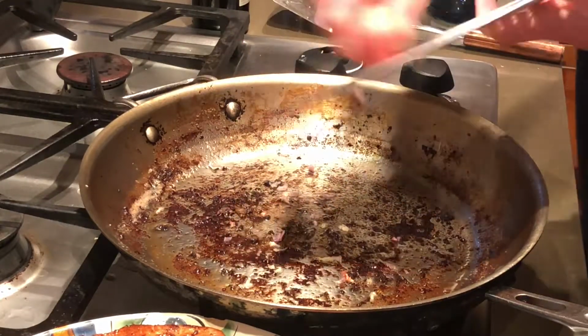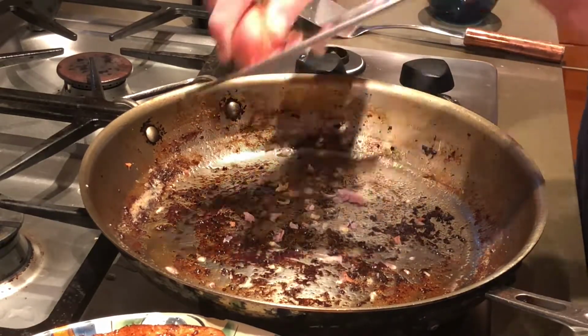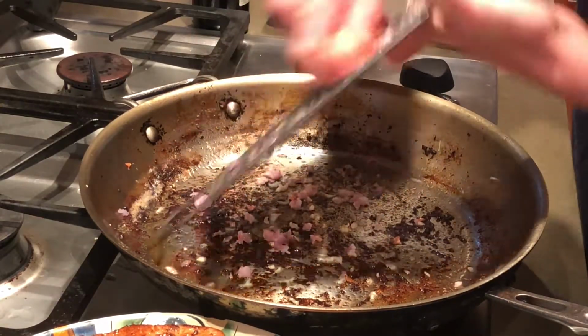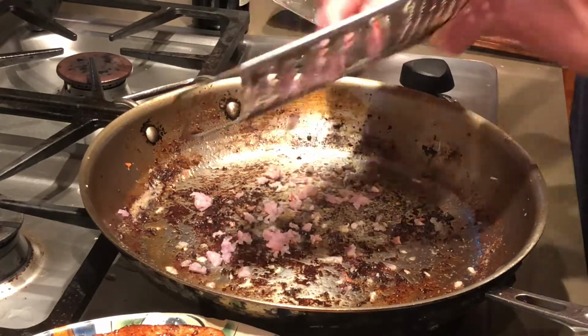And here I am grating in a shallot. This is pretty much a whole shallot, or half of a shallot, or a lot of a shallot. Shallots are like an onion, but stronger. If you don't know, excuse the background. Anyway, so I'm grating in the shallot, and then